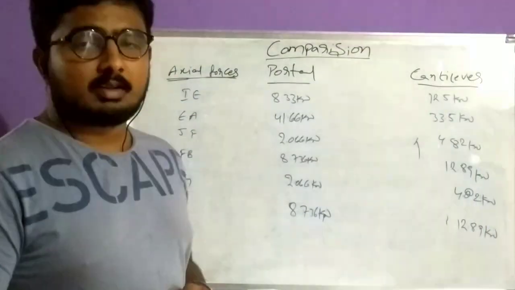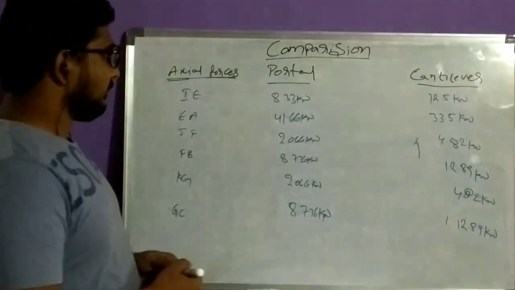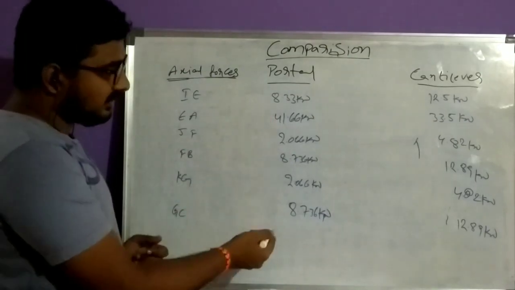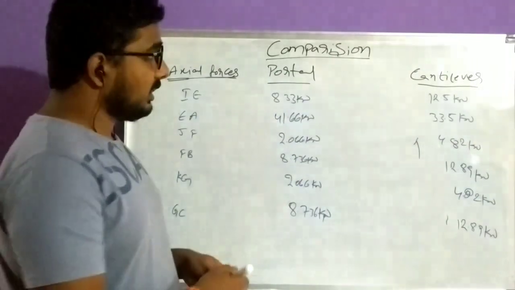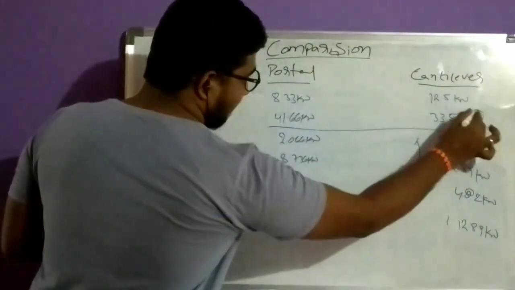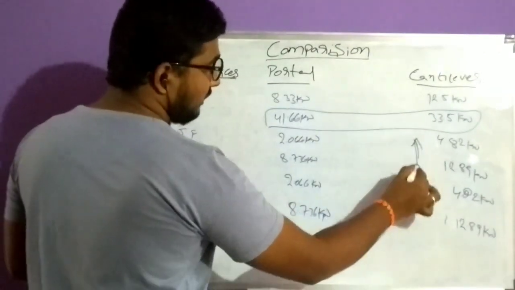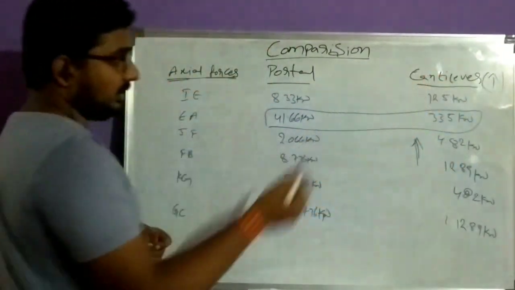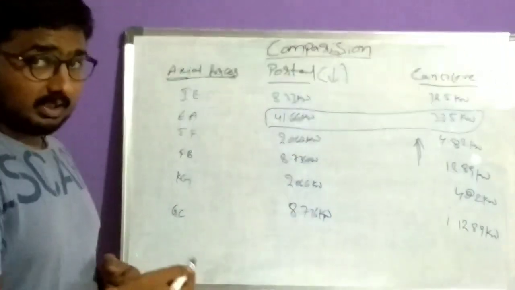Now we are going to compare the analysis results of the portal frame method and the cantilever method. Here you can see that first we will go with the axial forces in different columns. The portal frame method gives values like 8.33, 41, 28 and 28 kilonewtons respectively, and the cantilever method gives little higher values. Except for the axial force in this one column, all values are higher in the cantilever method. So comparatively, the cantilever method gives little higher values than the portal frame method in axial forces. We will conclude like this.